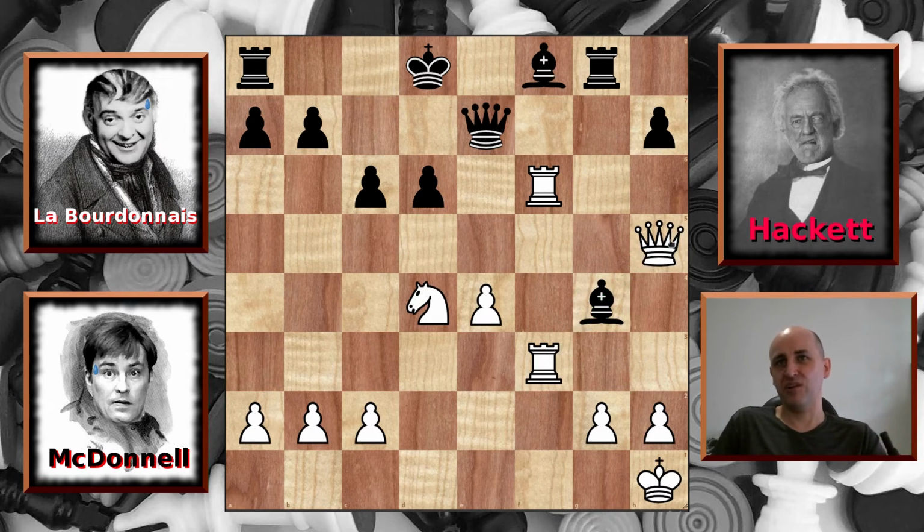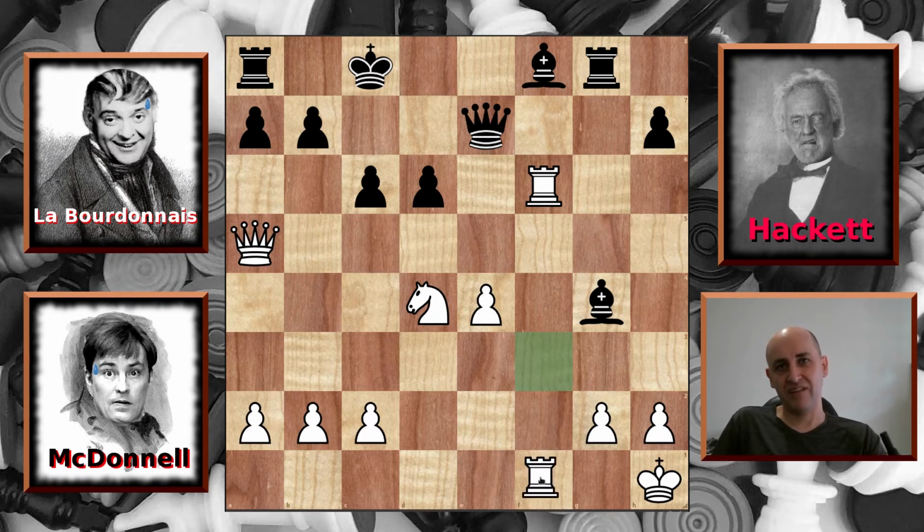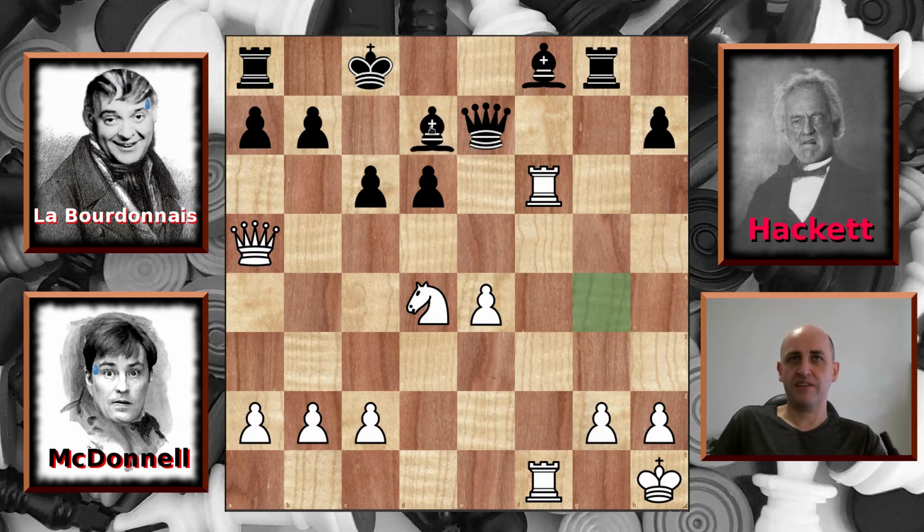However, McDonnell is okay because he has a check in store here, and Bourdonnais brings his king across to c8 out of the way. We have rook back to f1, saving the rook, and now the back rank is looking a little bit safer now. The bishop comes all the way back to d7 to help defend, and the doubled rook attacks the queen, so